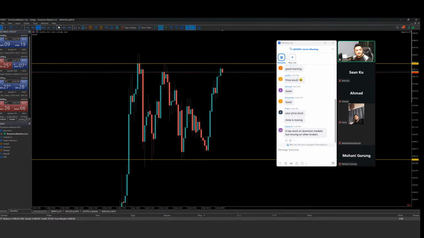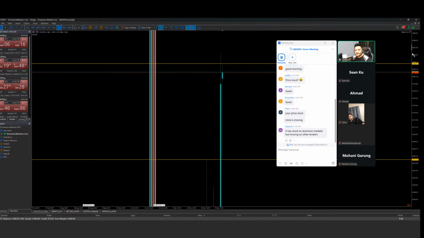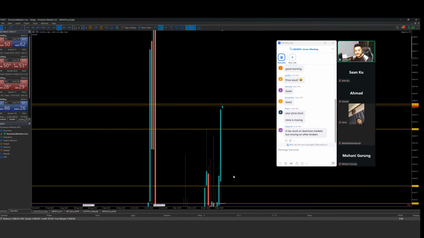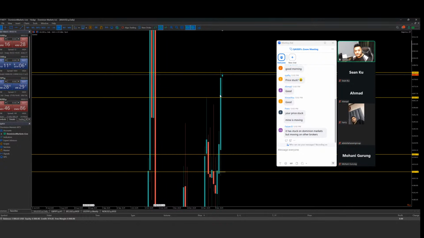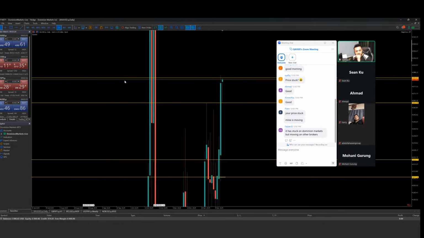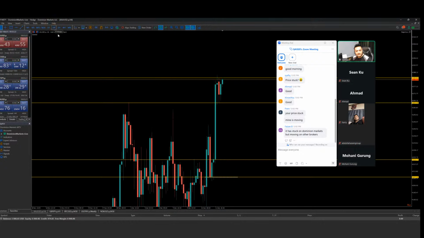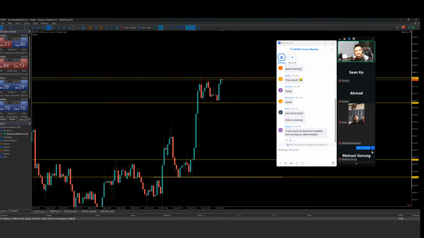So let's break down the chart from the higher time frame to the lower time frame. Wow, look at this one. The previous daily candle pushed with very strong bullish momentum, and look at this one. It broke and closed above this whole consolidation area on the left hand side. For now, from daily to H4, in a quick analysis, we created a support. We have this resistance on the left hand side.